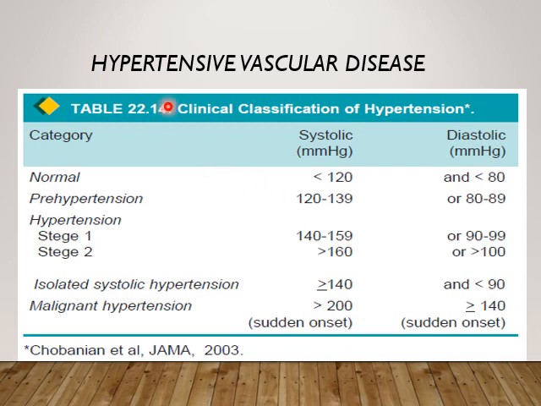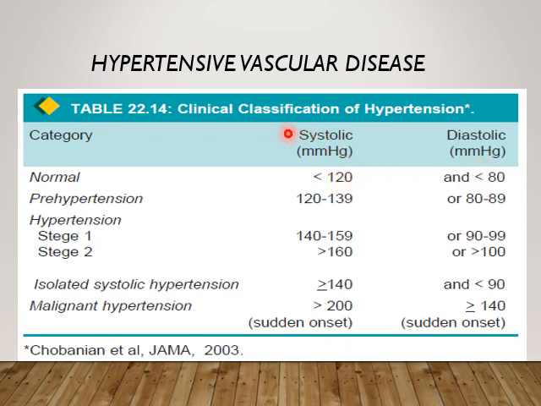Our topic is related to the changes which occur in a kidney as a result of hypertension, which affects the blood vessels and even the parenchyma. So before going into the detail of hypertensive changes in a kidney, we must know a few things regarding the definition of hypertension. As you all know, hypertension is defined as elevation in the blood pressure, which is systolic more than 120 and diastolic more than 80.